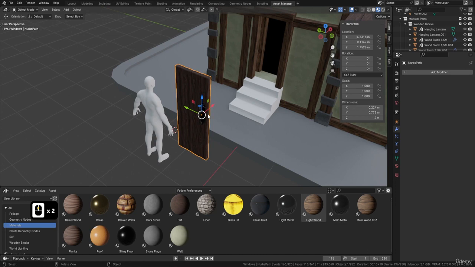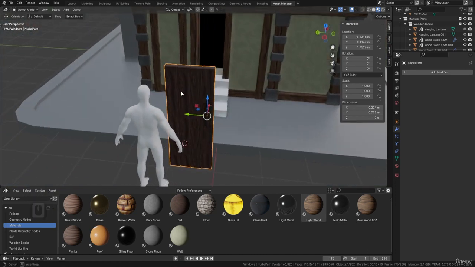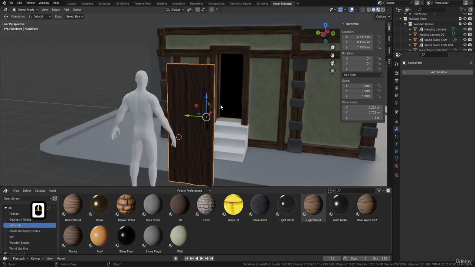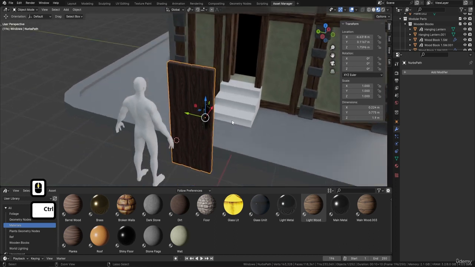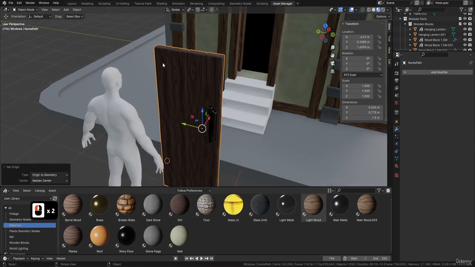Now you might want to separate your door and your handle out from each other. In other words, you might want to have it in your asset manager as just the door, and then just the handle. Completely up to you, of course. I'm going to press Control A, all transforms, right click, set origin to geometry. And the last thing I want to do actually before finishing